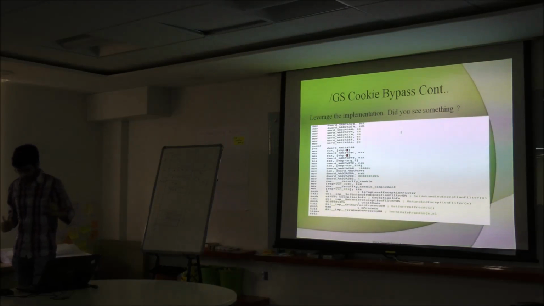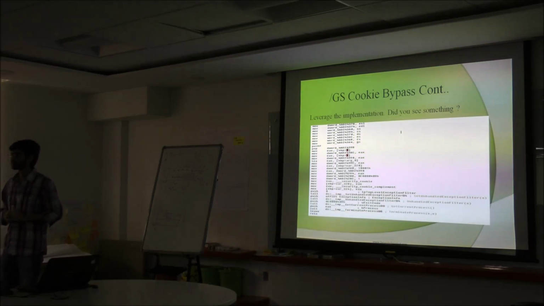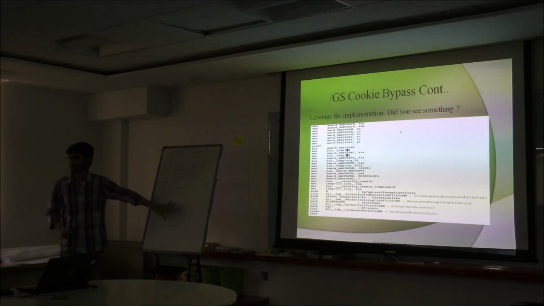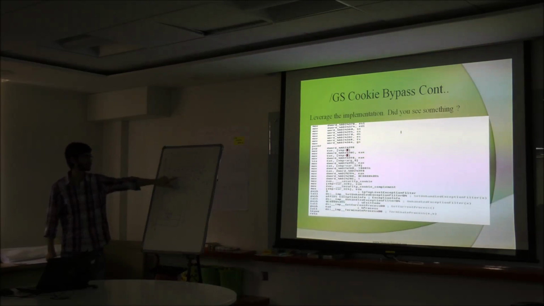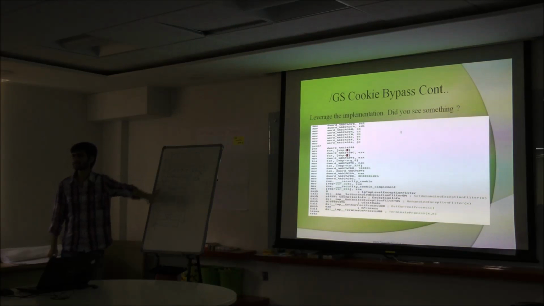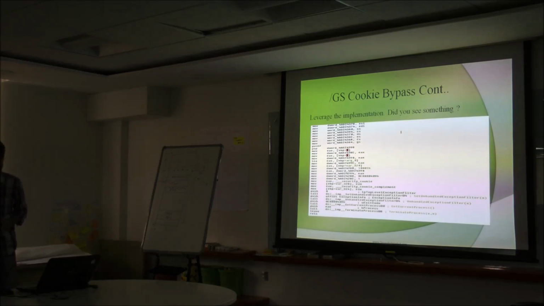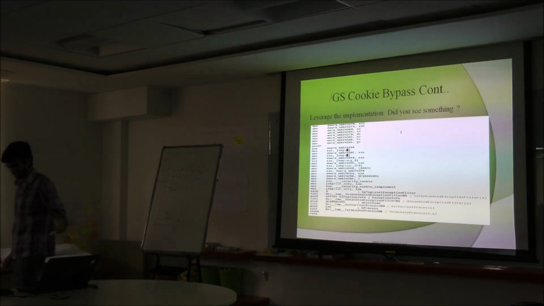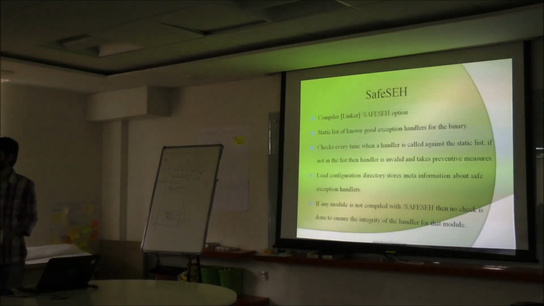But if I remember correctly, in the past there was an Adobe or Internet Explorer exploit that was not going to the next step, but was returning to this return instruction, and because of this cookie, it was considered to be just a random value. So in some cases it is quite possible that you can block the execution of the application. So that was the GS cookie bypass.